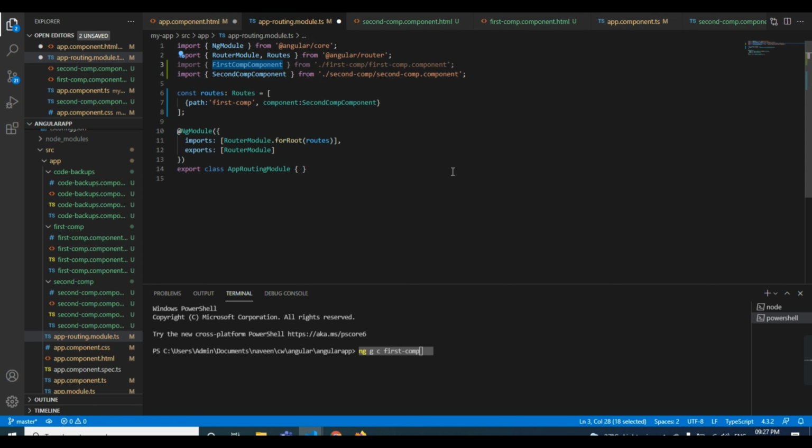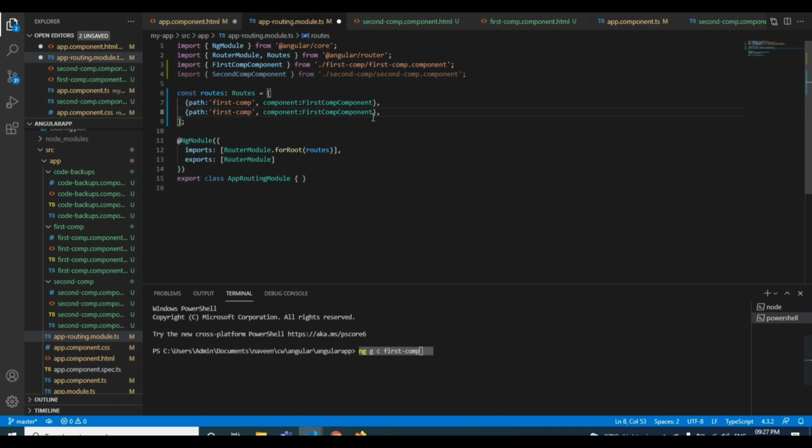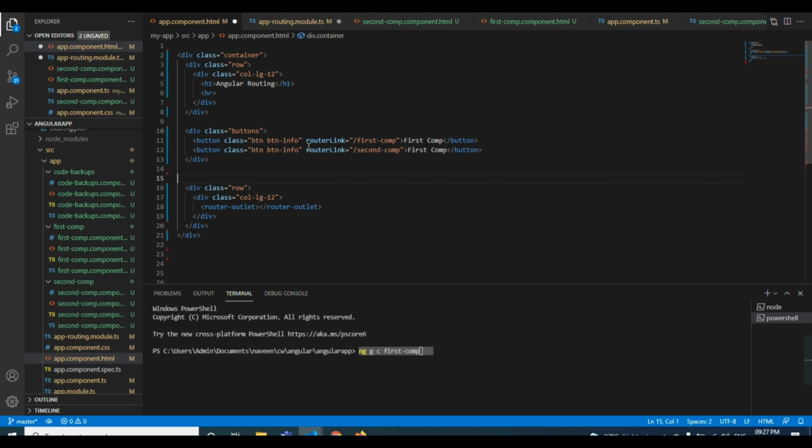First component, so I have already taken this. Comma, and here I will copy this, the C1 component. I will remove this one. Sorry, I copied it and didn't remove it.